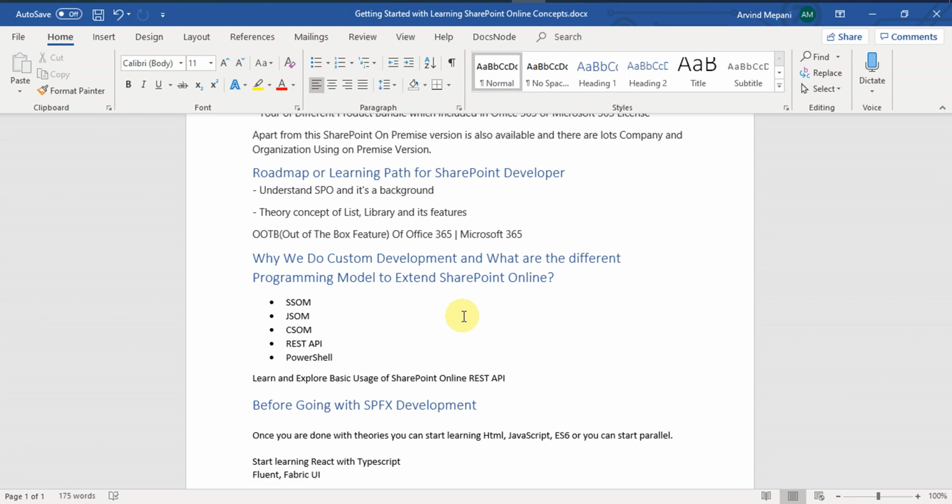If we are going with SPFx development, then there is also a different learning curve. If a new developer or new joinee is not aware of basic JavaScript and ES6, which is the latest version of ECMAScript, then it is difficult for them to learn. So before diving into SPFx development, we also need to learn React, TypeScript and Fabric UI controls.